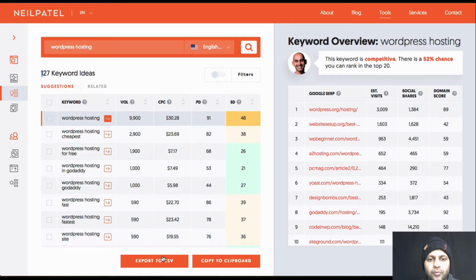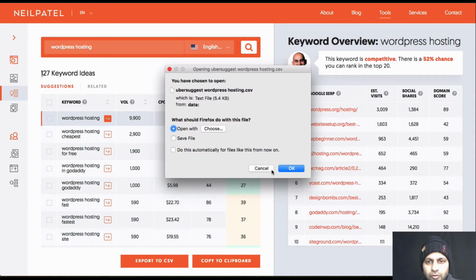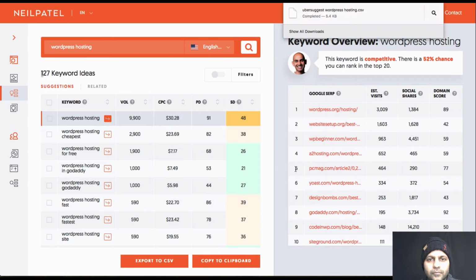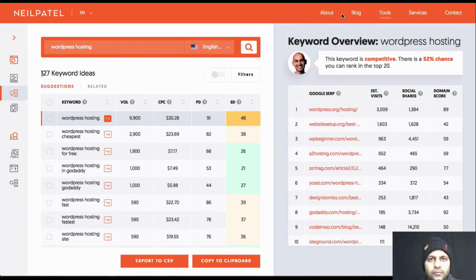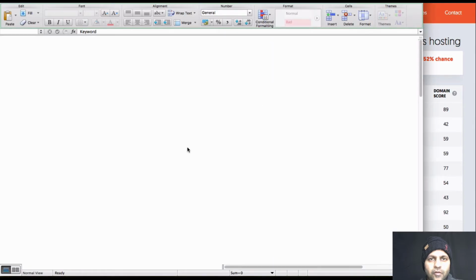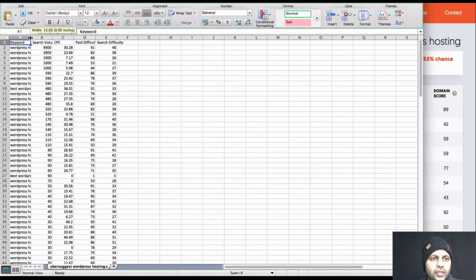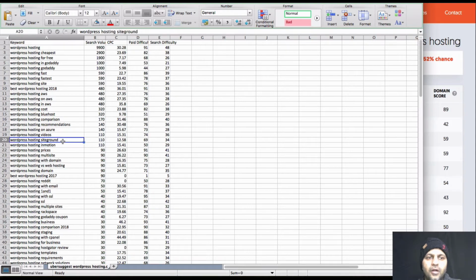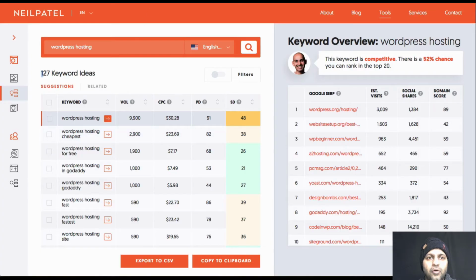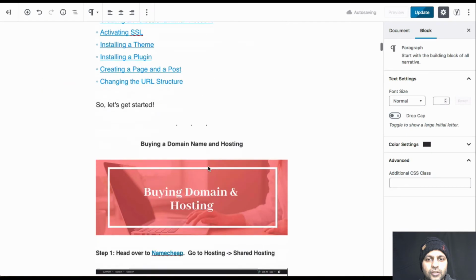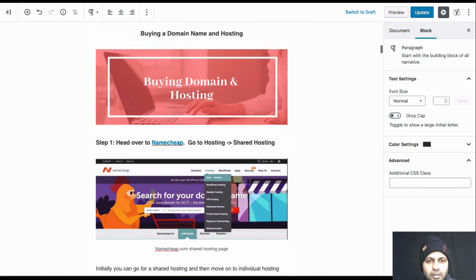If you want all of them, you can just export it to CSV and you can just open it, or you can work within, let me just save this file. So you can open the CSV, see all the keywords, and then see, so I have SiteGround here as one of the things that I'm using, and it says WordPress hosting SiteGround has 110 searches. So if I go in here and change this, instead of just saying SiteGround, I can say,